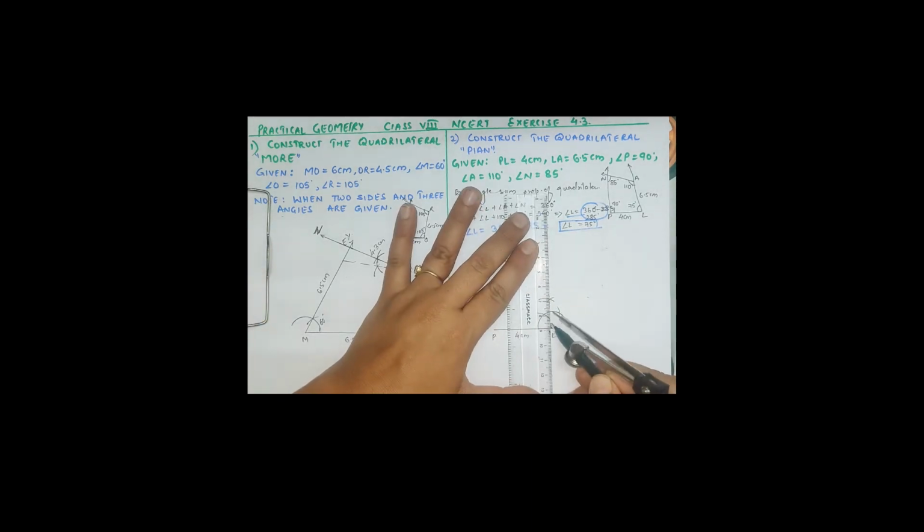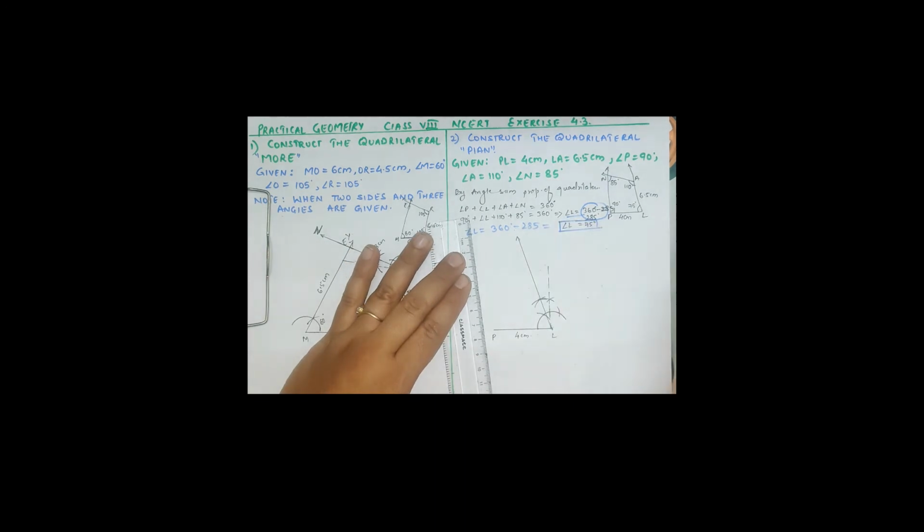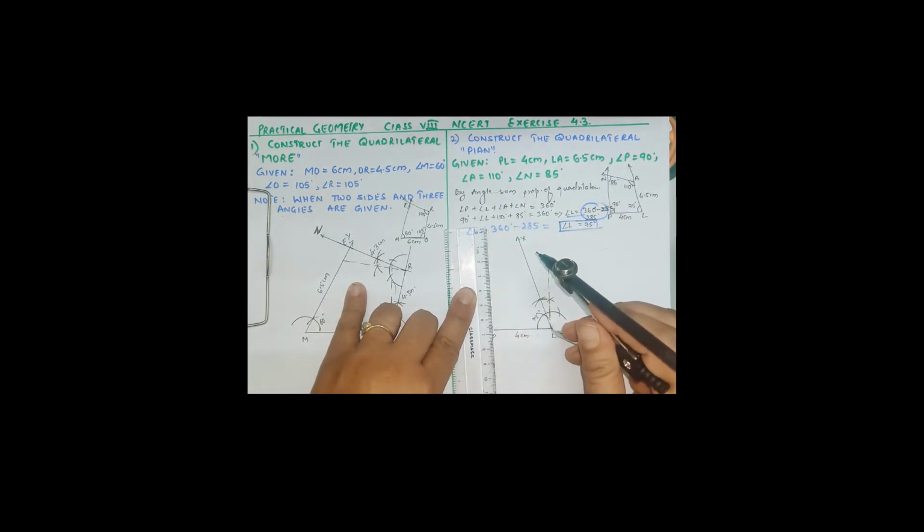See, second arc 120, then in between you will get 90. This 90 will help you to find out the angle bisector between 90 and 60, which is the bisector of 30 degree. Bisector of 30 degree is 15 degree and 60 plus 15 is 75. So here you will get your 75 degree. Okay. Then this is your PLX is equal to 75 degree. Then now cut LA is 6.5. Take 6.5 measurement with the help of ruler and compass like this and cut here.